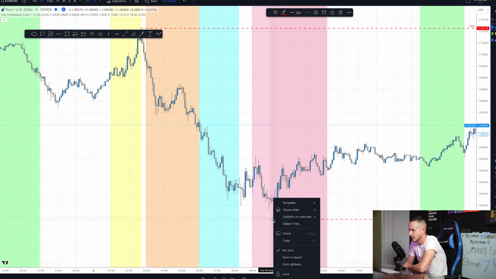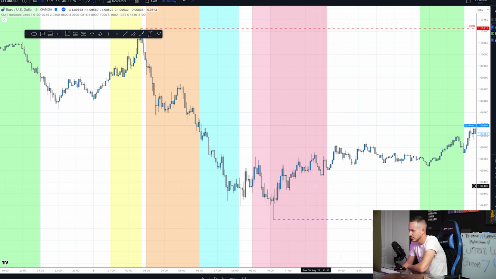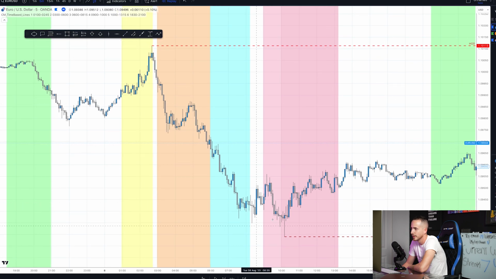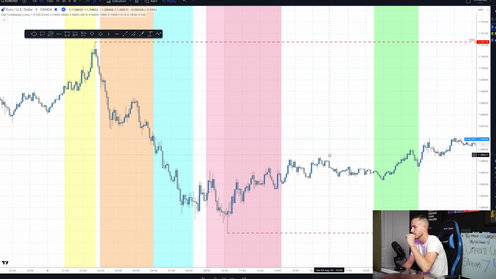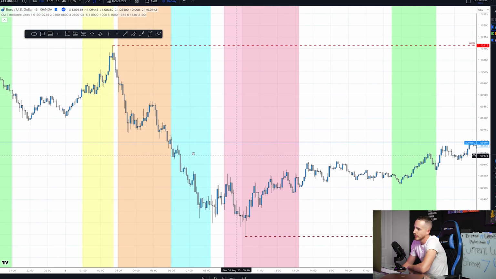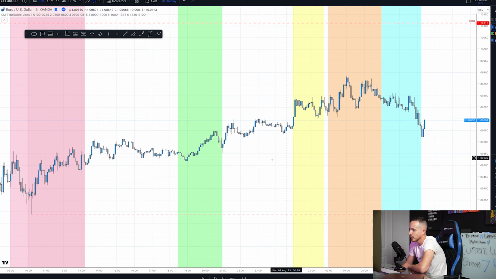And then the key for this, guys, is that it has to be the highest and lowest points between Frankfurt and New York session. It cannot be out of session, right? It cannot be out of a color. So it has to be inside a session and the highest and lowest points. And Asian session does not count. So here we have the high and low of day, and then now we need to mark our previous high and previous low of day,